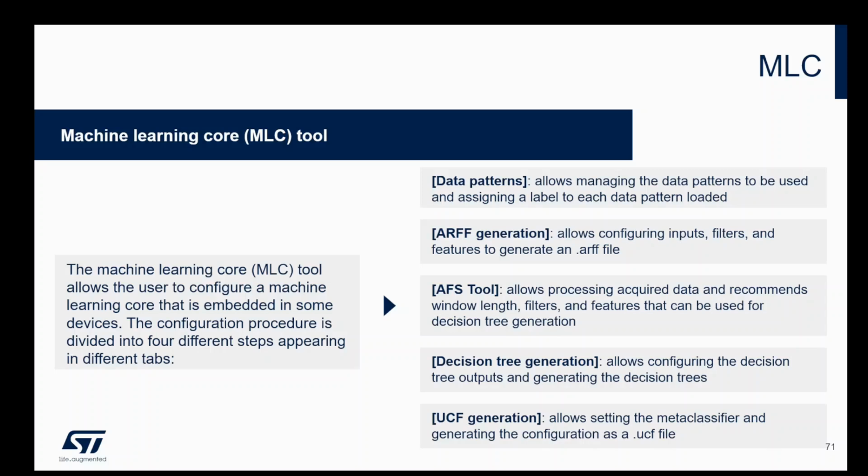In case of human activity recognition, your classes are walking, running, jogging, biking, whatever those may be. So you will collect the data, and then you will do your data patterns on this tab. Then next thing,